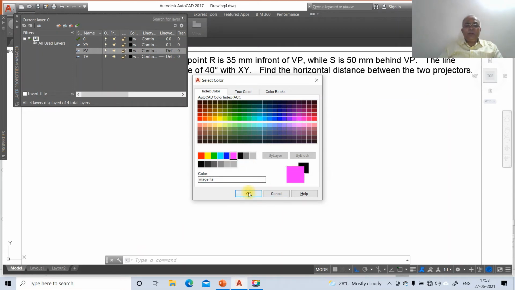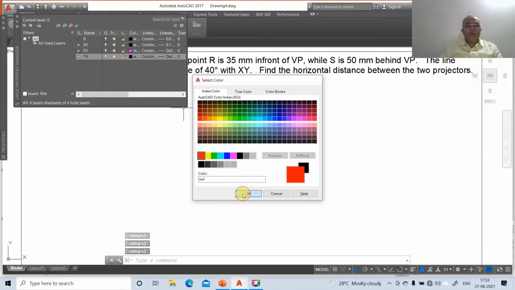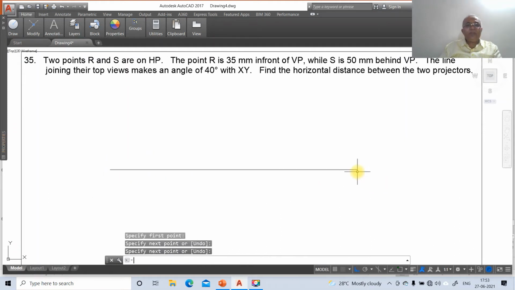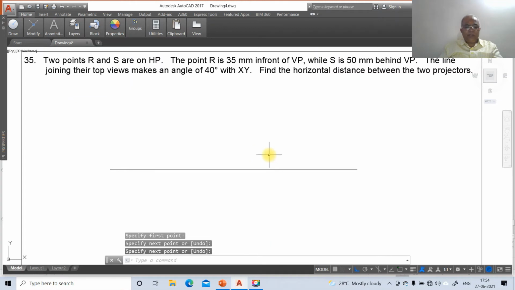Then the front view will be the magenta color and the top view will be the red color, and say OK and then close it. Now we will draw a line of some arbitrary distance. Then go to line. First we want to draw a vertical line below the XY line. So go to line, take the nearest point and draw one vertical line here of some distance, and